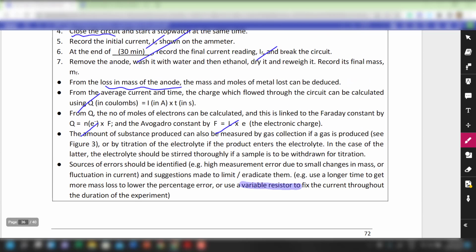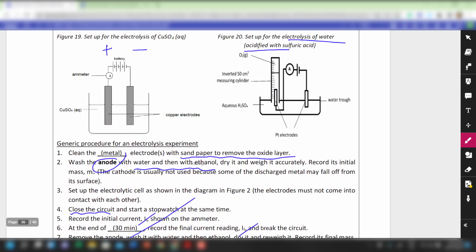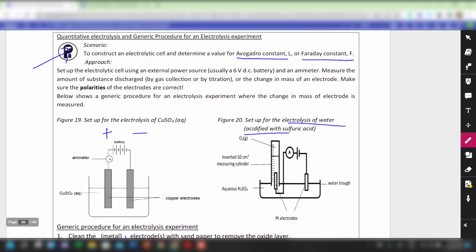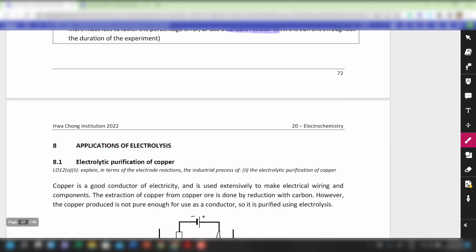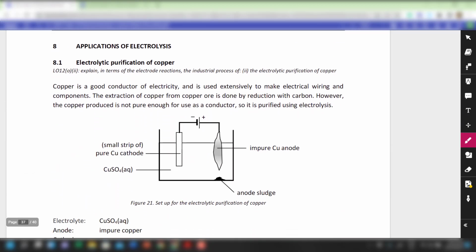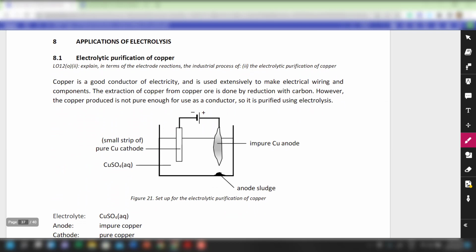So by and large, that will be the planning which we will introduce to you on how to write a generic procedure. Of course, it is question dependent, so you have to exercise some flexibility when you're working through the problems. Then with that, we'll move on to the final section, which is section 8 on the